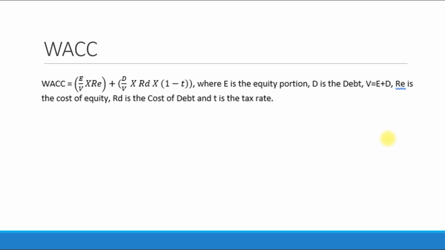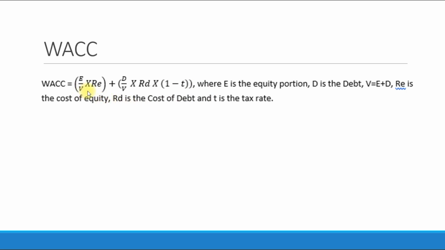So cost of debt is also easy, if only debt is used. But if a company or firm uses a combination of equity and debt to finance its operations, the WACC is found out by weighing the individual components that make up the cost of capital according to the formula given here. So the formula is E by V into RE plus D by V into RD into 1 minus T,